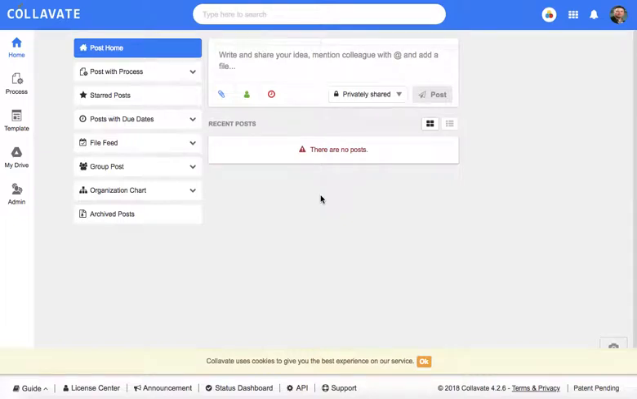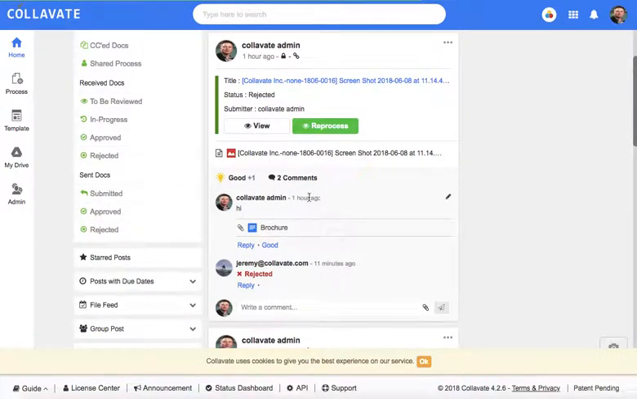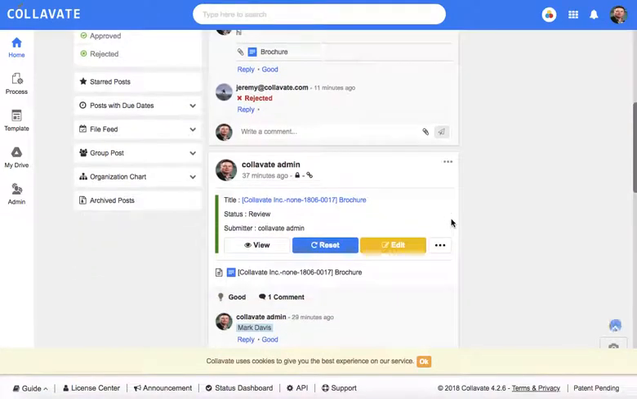Collavate allows users to quickly view all processes in the home page. To do this, navigate to Post with Process. Here, you could tag other users, mark processes as good, or just be able to view processes all in one